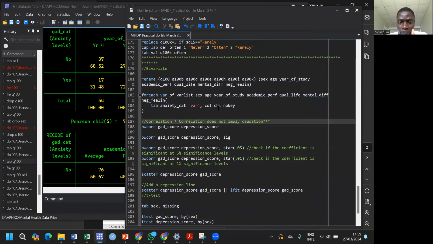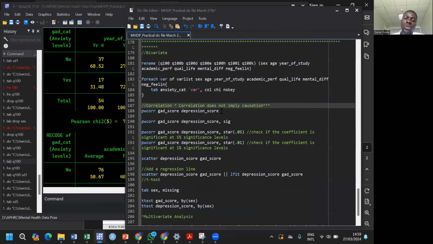Okay, so now, what if you want to do correlation? And this is just an example. Correlation, you can only do it for continuous variables. So I want to correlate the score for depression and the score for anxiety and see if there is a significance. The command is pwcorr, that is the command, pairwise correlation. So if I run that,